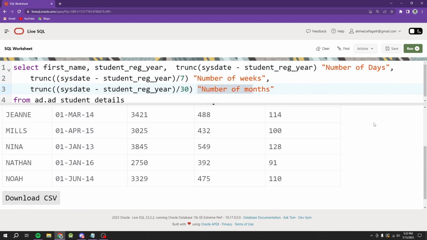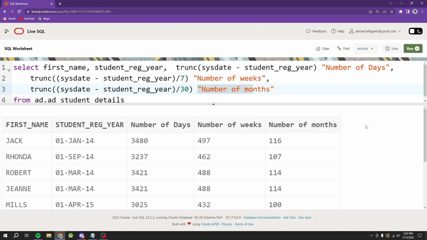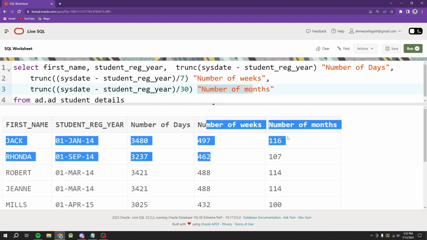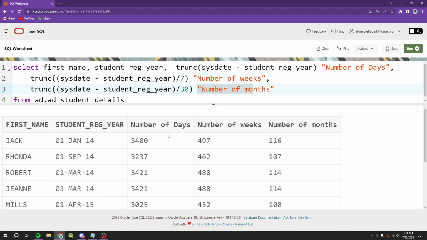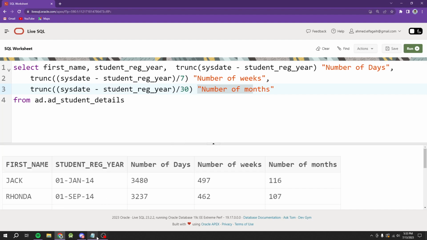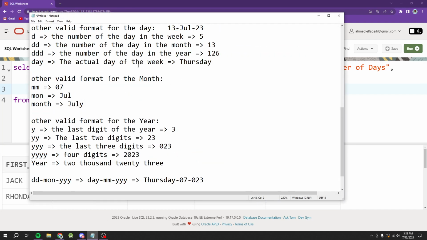So this is how to manipulate two dates, get the information, and then get more specified information. You break it down to number of days, number of weeks, and number of months. All right, I hope that made sense. Now, moving on,